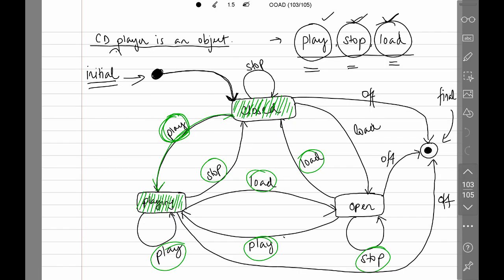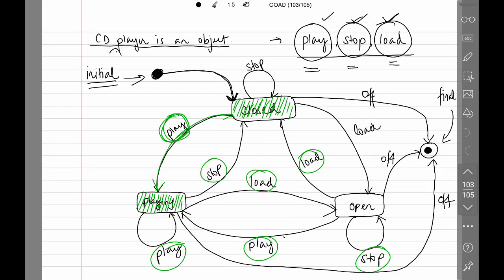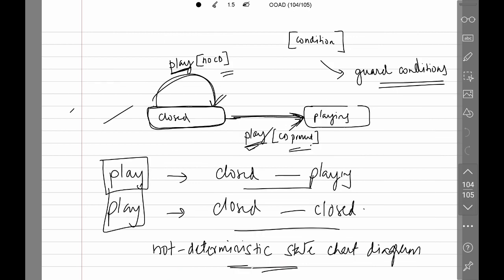Yes, so we had drawn a state chart diagram and we had basically modeled a CD player, right? CD player was an object that we had actually chosen, and we looked at some of the states of the CD player. We looked at the events, we looked at how the transitions happen, right? And we also discussed what is an active state, and in the last class we talked about the initial state and the final state. Other than that, we also discussed a condition when you can have a non-deterministic state chart